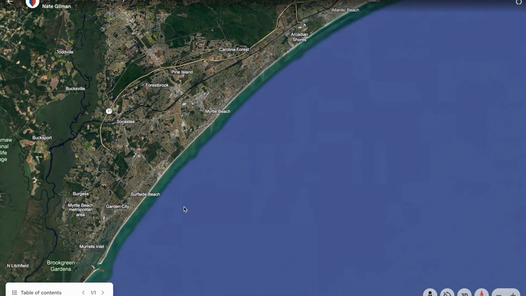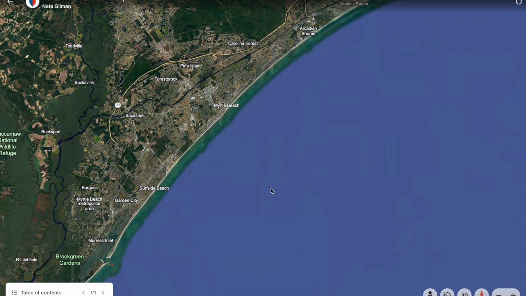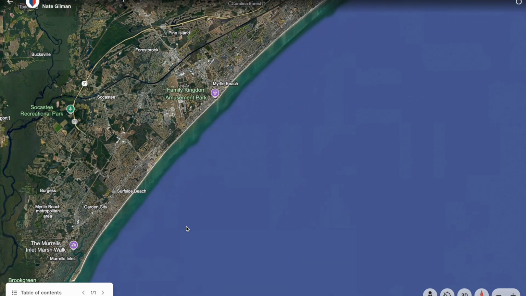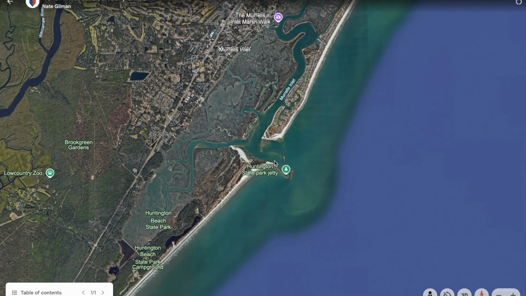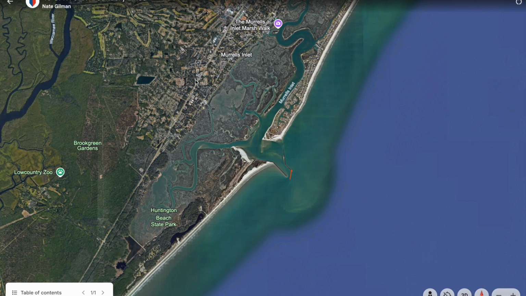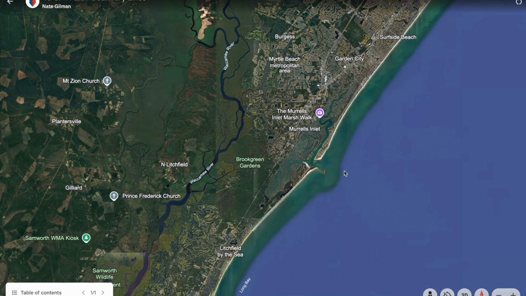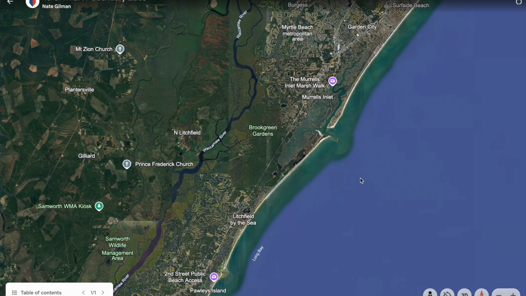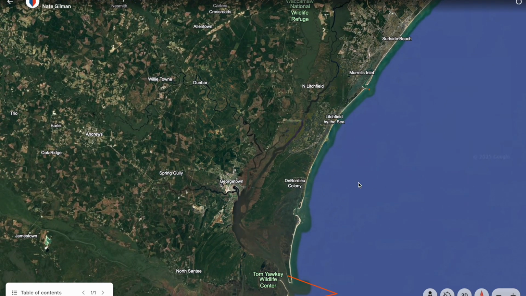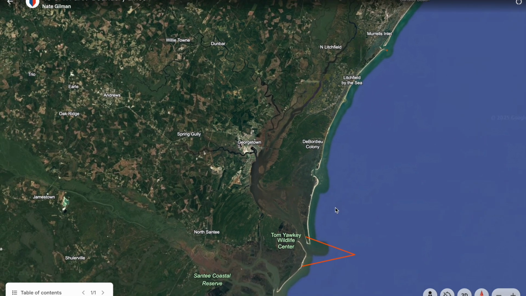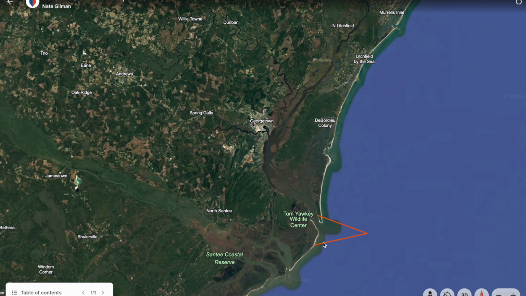Off of South Carolina is pretty straightforward. If you're on the ocean side, you are in near coastal waters. Here at Murrells Inlet, you can see there's a little line here, which means everything inside of here is inland. Everything on the outside is near coastal. Also, just using common sense down here along most of the Atlantic side, for North Carolina, South Carolina, and Georgia, if you're off the shoreline, you are in near coastal. If you're inside or in one of the small inlets or bays, you're going to be in inland waters.